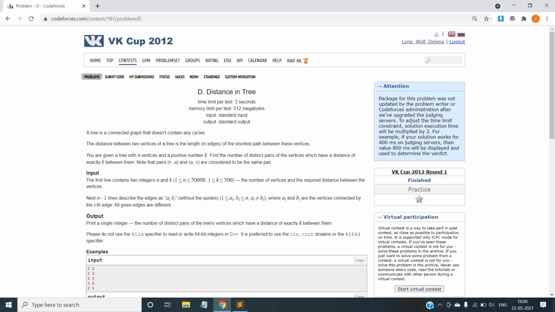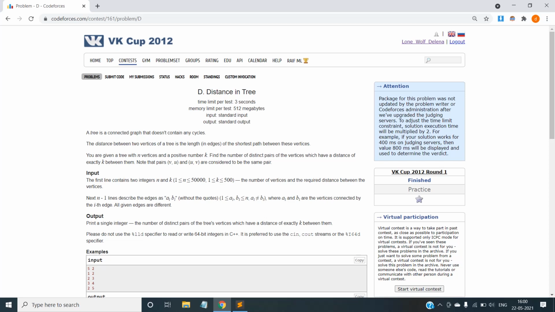Or we can say dp[i][k] is equal to the summation of dp[u][k-1], where u is a child of i. That is, we iterate through all the children of the ith vertex and add the summation of dp[children][k-1]. So this will be the first case. If we generalize it, the first possibility states that the whole path lies in one of the subtrees of the children of the ith vertex.